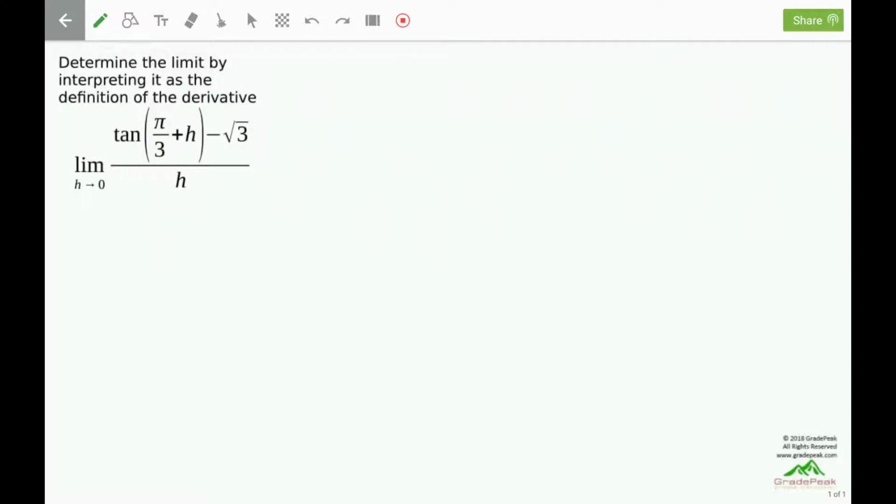Determine the limit by interpreting it as the definition of the derivative. Limit as h goes to 0 of the tangent of pi over 3 plus h minus the square root of 3, all over h. This limit is of the form limit as h goes to 0 of f of a plus h minus f of a,